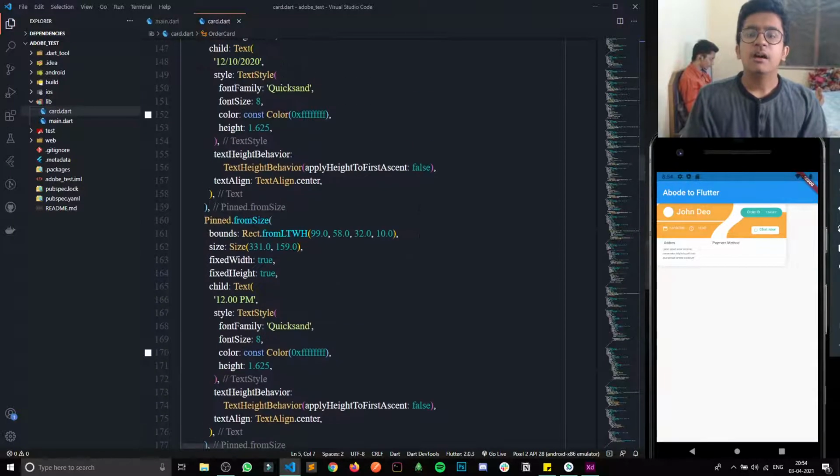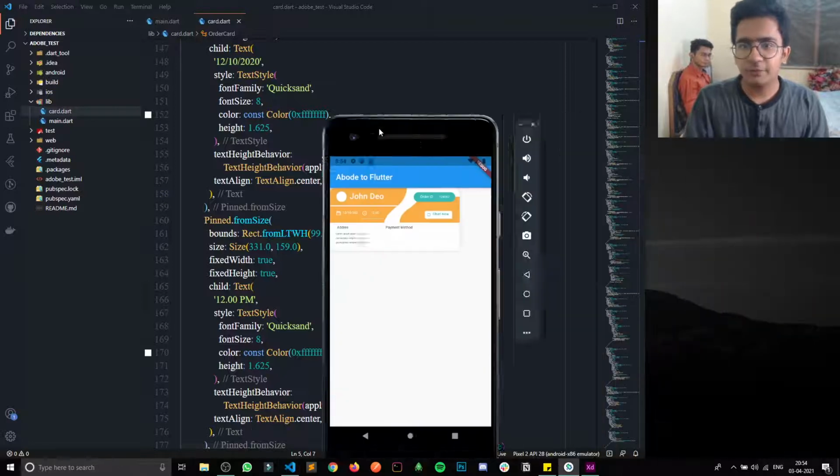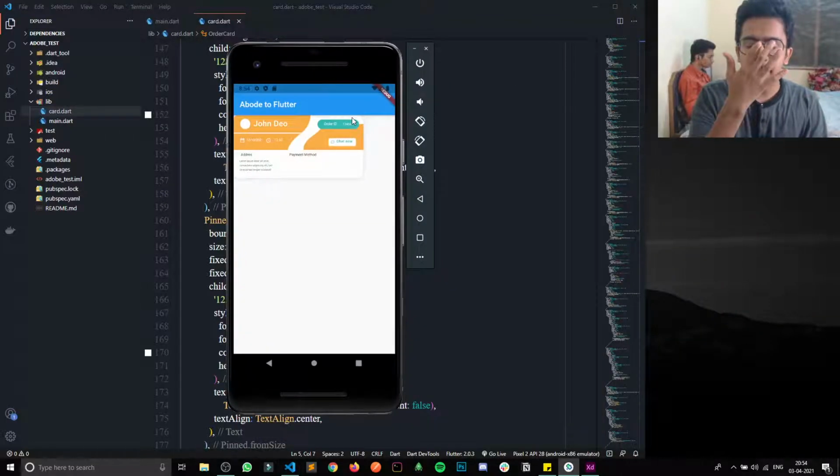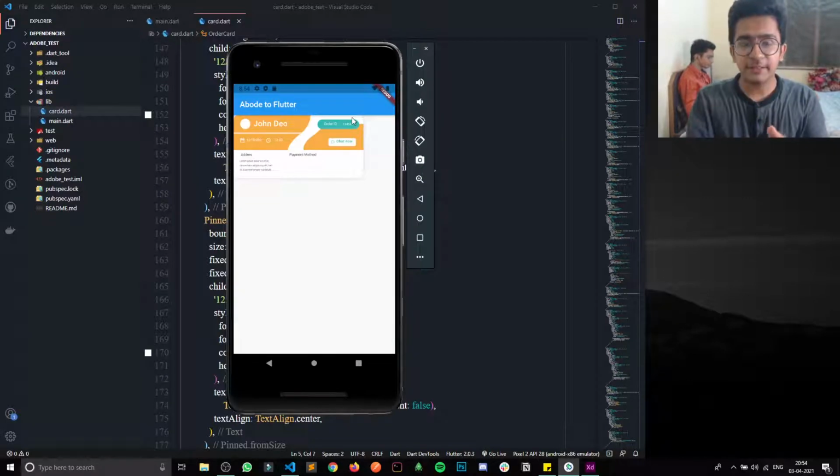But when can we take advantage of it? Suppose you have a specific design which is very hard to code. For example, here the curvy shape and all is kind of hard, right? For this specific widget you can just export it and use it like that.